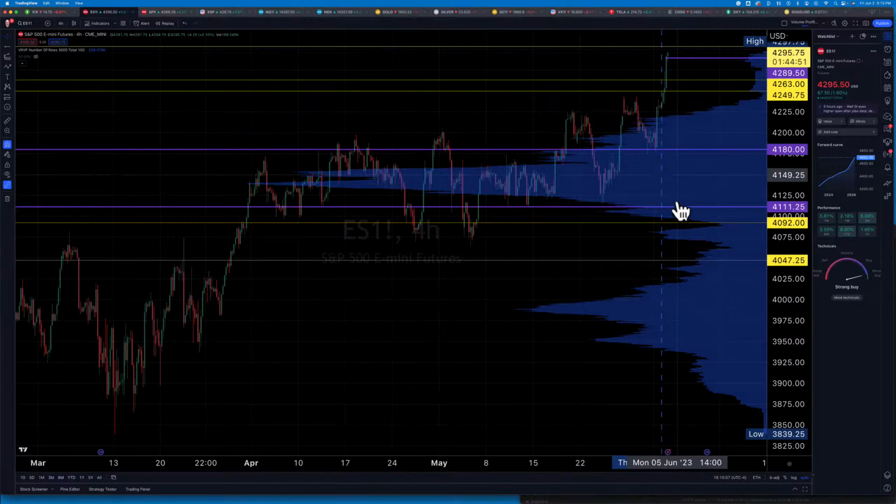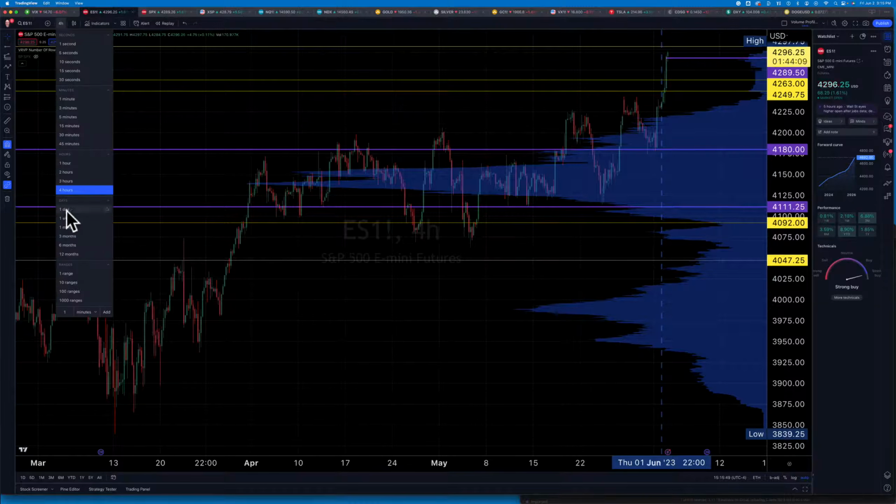Now, these purple lines represent specific areas that we call nodes, and then the yellow lines are sort of the antinodes. They're the lowest points of volume, where in between the purple lines is the highest points of volume. So you can see that when you get outside of the purple lines or the nodes, you tend to move very fast. When you're inside of the purple lines, you tend to consolidate. So that's a fundamental thing, first of all, that distinguishes markets. I mean, they are either consolidating or they're trending. They're trending outside of nodes, and they're consolidating inside of nodes. Very, very important point. So let's go to a daily chart.